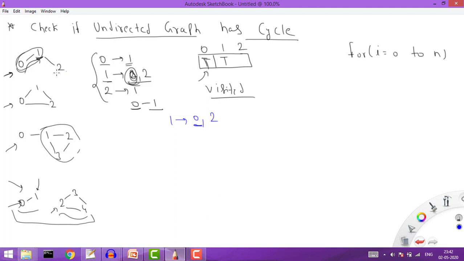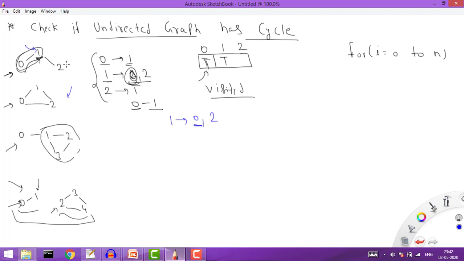Whenever I call DFS recursively, I will also pass the parent. So when I'm executing this, I know that this 0 is the parent, right? Whenever I find that a value is already visited, I will check if it is a parent. If it is, I can ignore this value, and if it is not a parent, then I can be sure that a cycle exists, right? We'll see this in the second case.